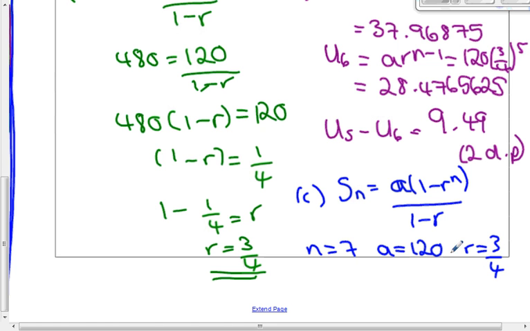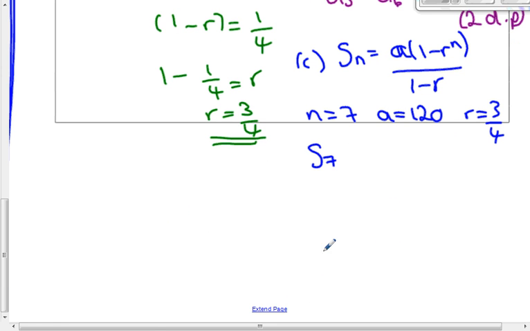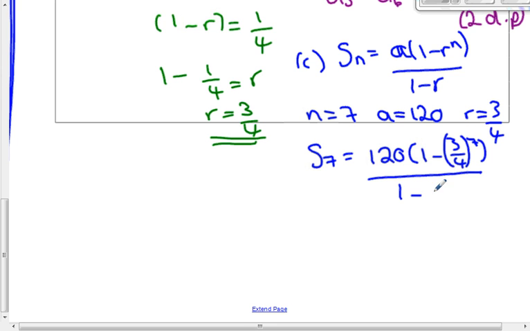Substituting in these values gives me the sum of the first 7 terms is equal to 120 times 1 minus 3 over 4 to the power of 7, all divided by 1 minus 3 over 4. Typing this into your calculator, the sum of the first 7 terms will be given as